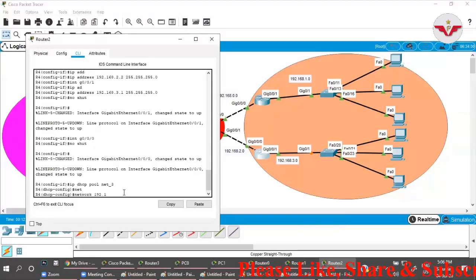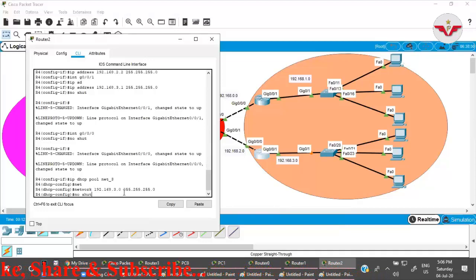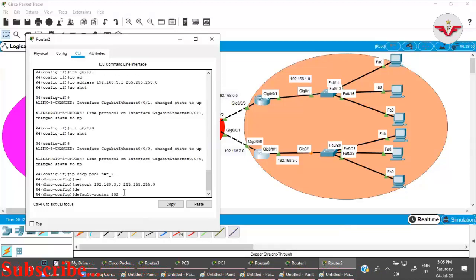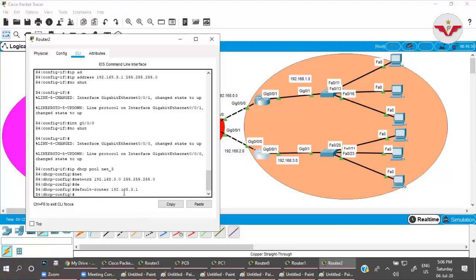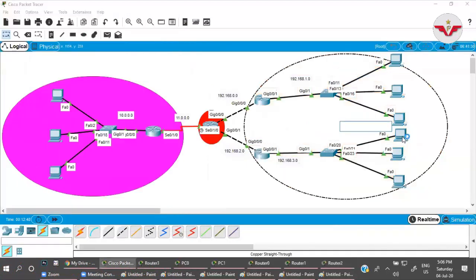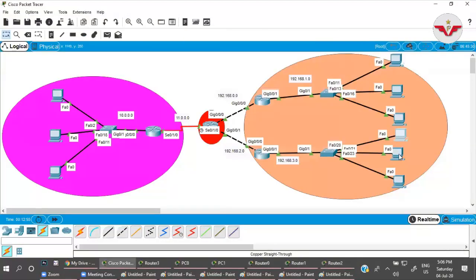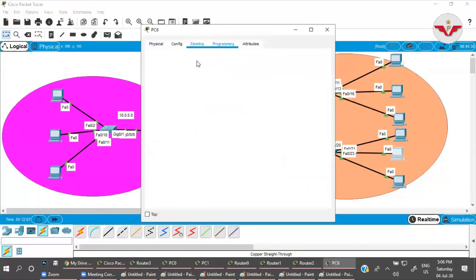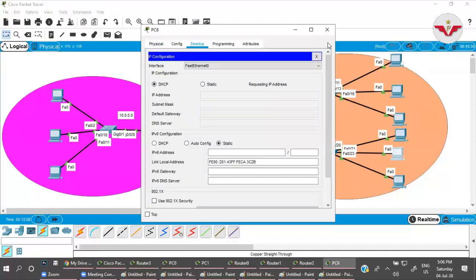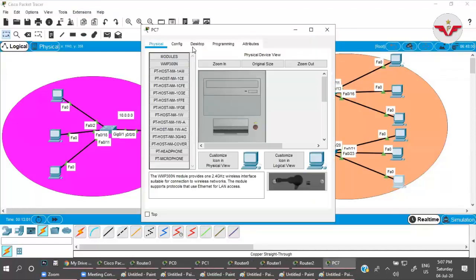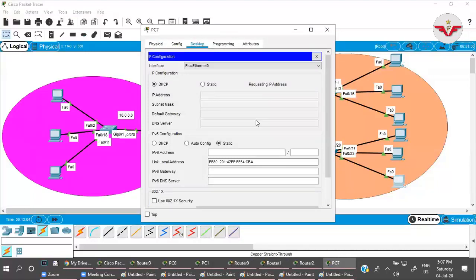Network we have 3.0, and the default router would be 192.168.3.1. Let me check. .2, .3, .4.